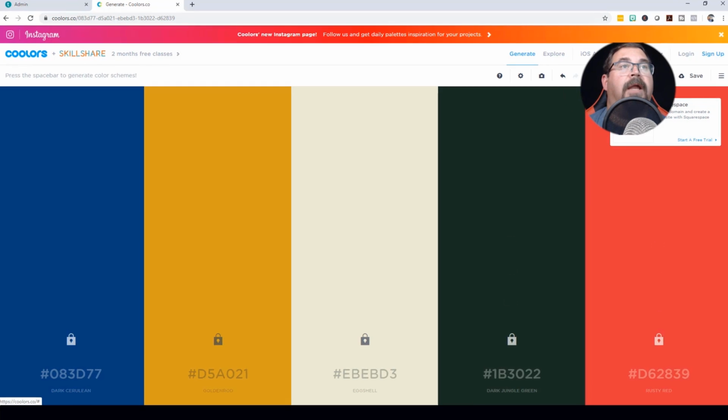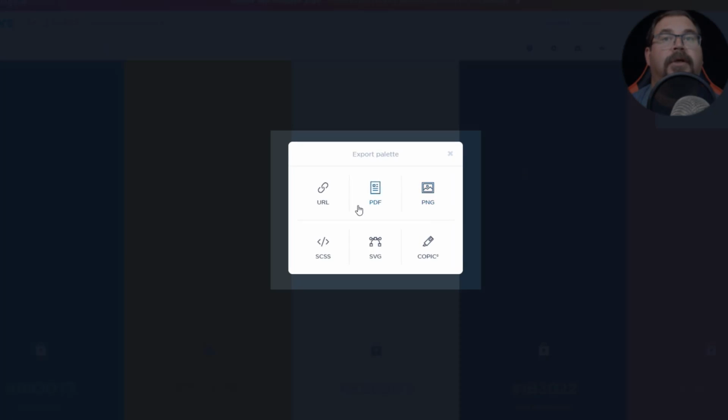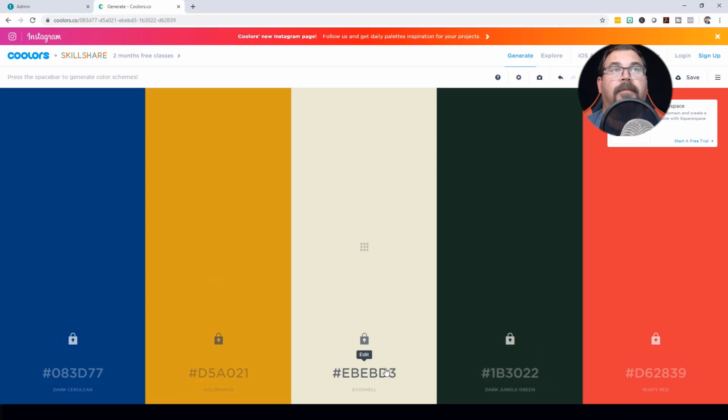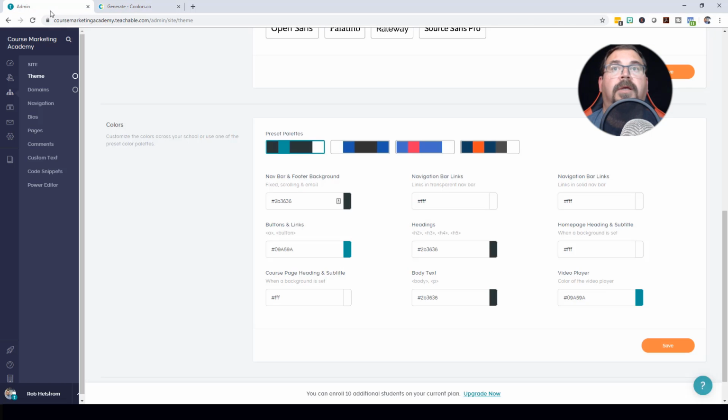What we're going to do then is export them. You can export them as a PDF or a URL. I prefer to do a PDF, and then I have a hard copy of what my colors look like and the hex codes with them. Or if you want, you can copy your hex codes right from here. Once you know what your hex codes are, you can come back into your school and you can customize the